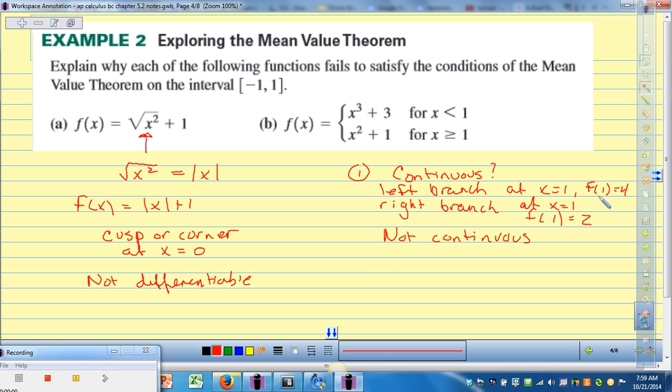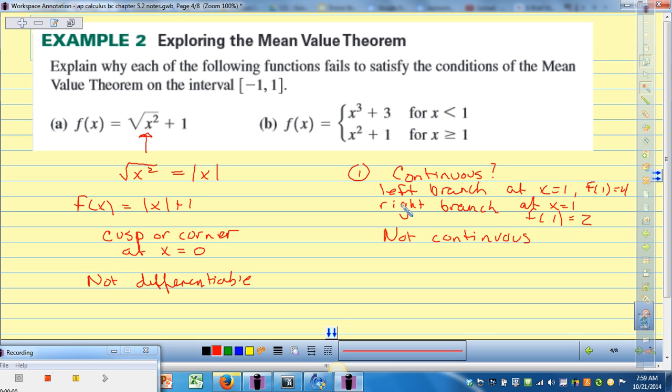So the limit as x approaches 1 from the left does not equal the limit as x approaches 1 from the right. So it is not a continuous function. What must be true for a function to be continuous? Limit from the left equals limit from the right. That's one thing. So the limit must exist. The value of the limit has to equal the value of